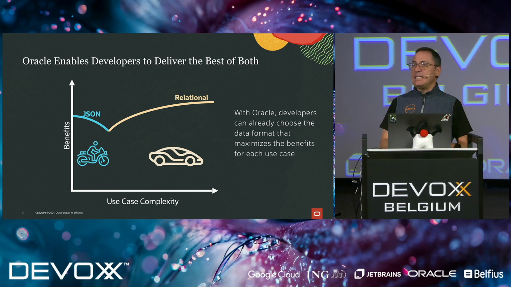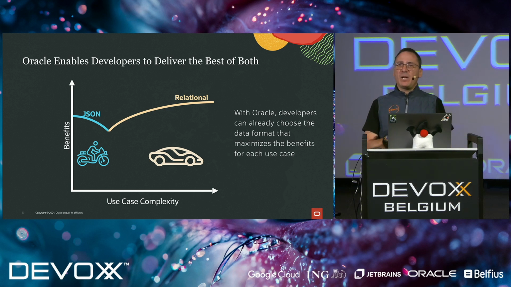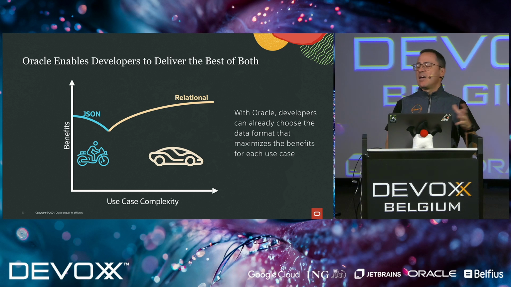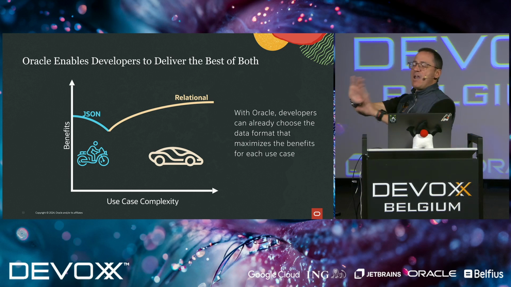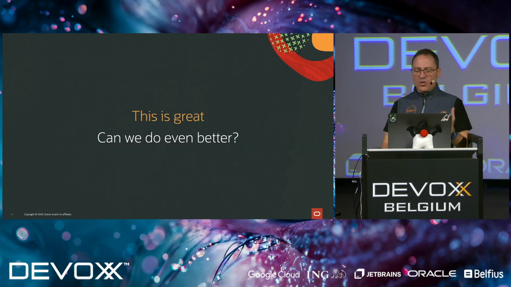It would be ideal if we can start with documents, and if our complexity grows much more quickly, then we can switch into relational, but in such a way that we don't have to throw away everything that we did for documents and then suddenly switch to relational. So it would be great if we could have some sort of ease in the migration from one format to the other.